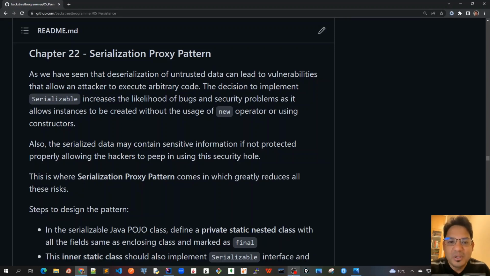Good morning, friends. Today we'll cover chapter 22, which is the Serialization Proxy Pattern. As we have seen in our previous chapter, using ObjectInputStream.readObject is quite vulnerable if the stream of bytes we are retrieving and constructing the object out of is hacked in some way. Deserialization of untrusted data can lead to vulnerabilities that allow an attacker to